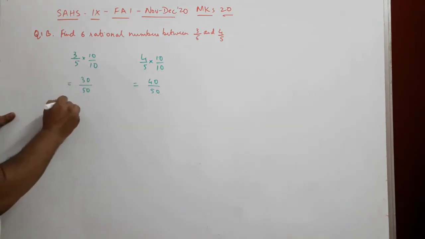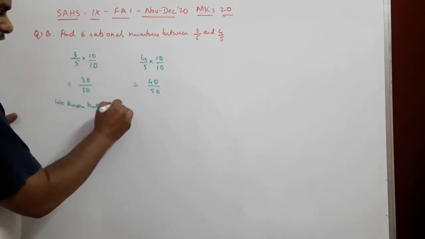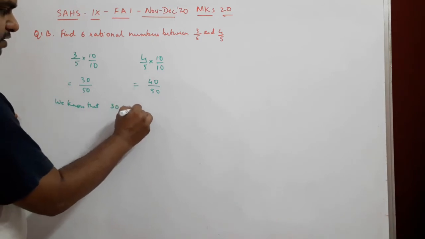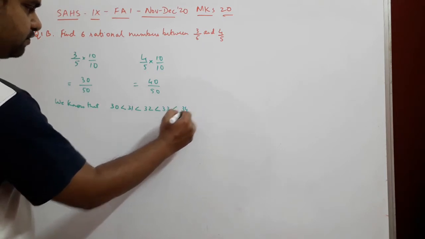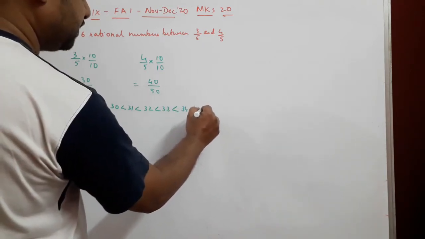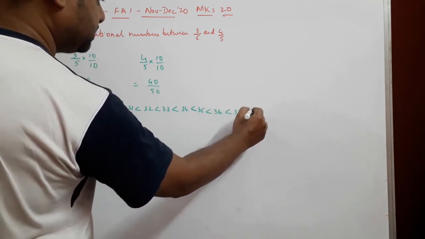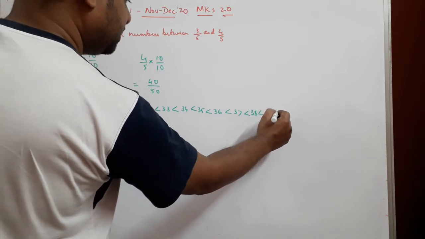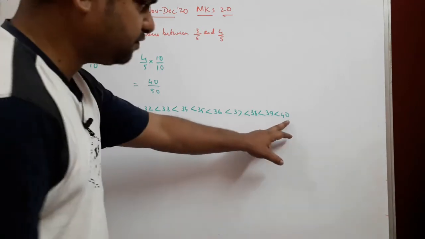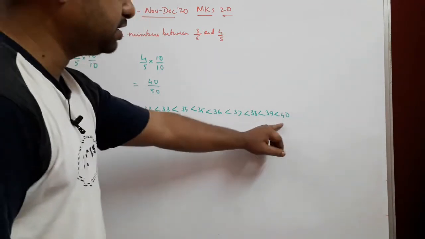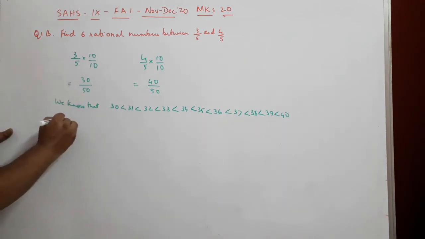So we know that 30 is less than 31, which is less than 32, less than 33, less than 34, less than 35, less than 36, less than 37, less than 38, less than 39, and less than 40. These are the numbers between 30 and 40, considering that the denominator is the same. So we can easily say, therefore, 6 rational numbers